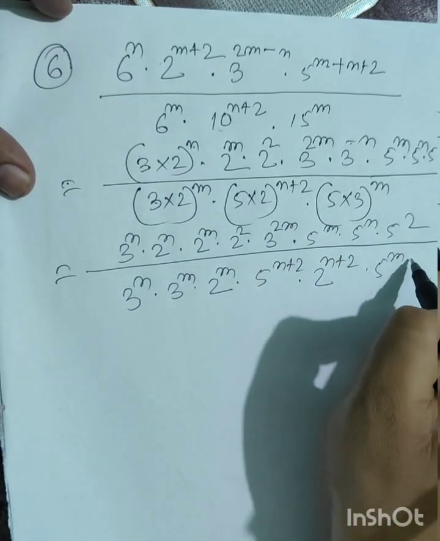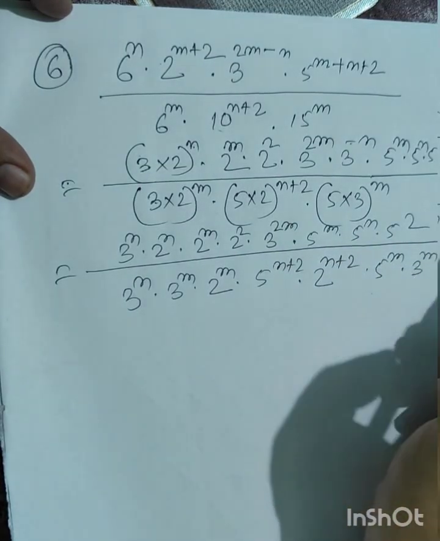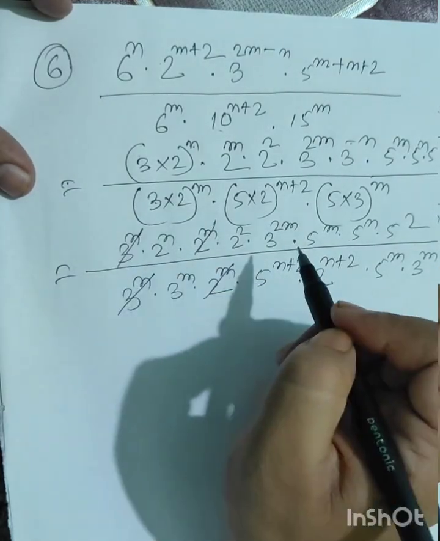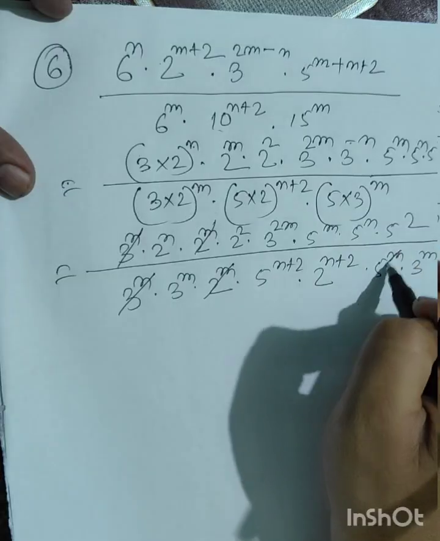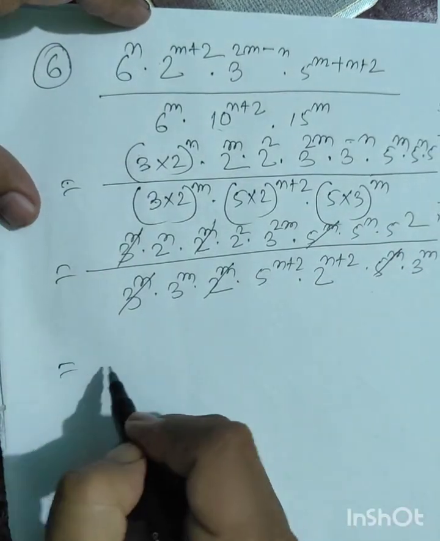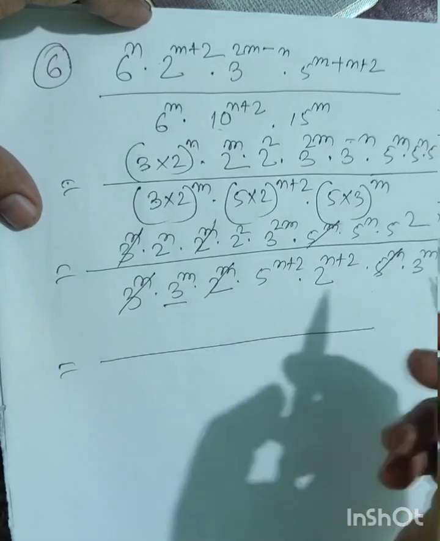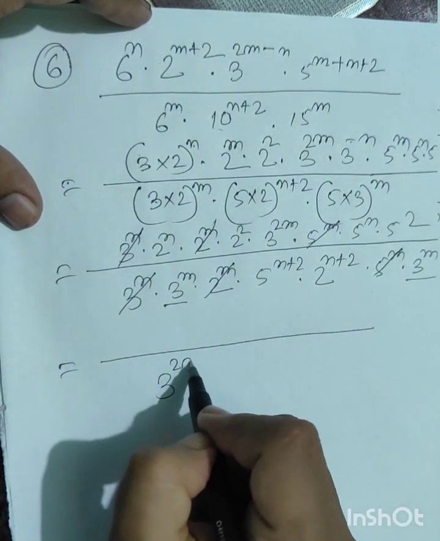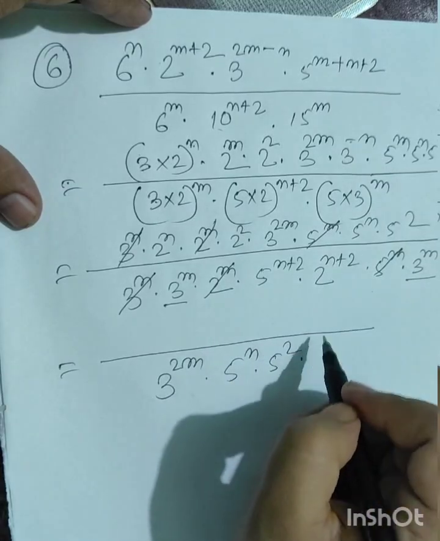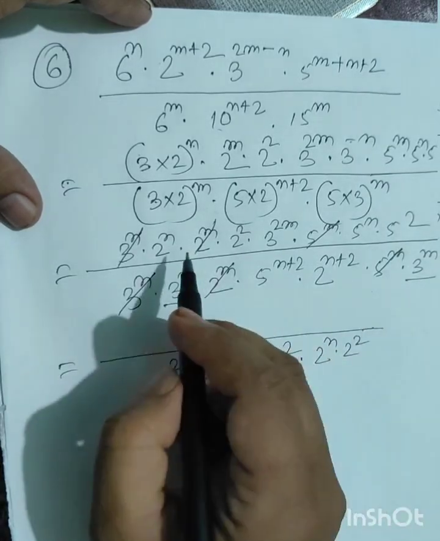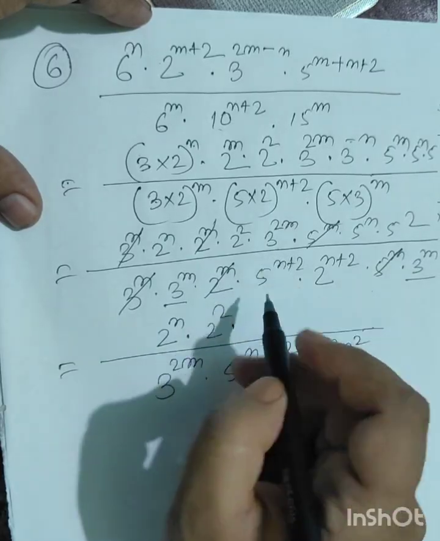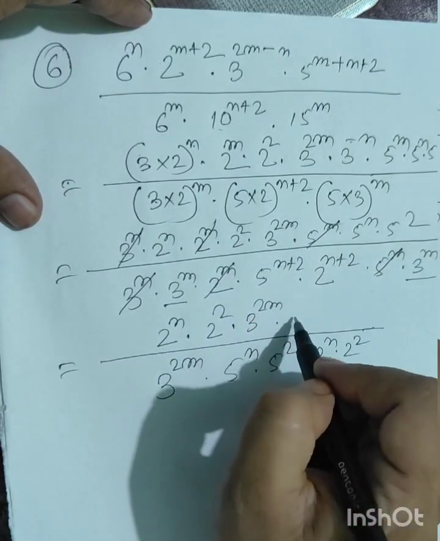লিখিম 5 to the power m into 3 to the power m. এতিয়া cancel যাব 2 to the power m, 2 to the power m, 3 to the power m, 3 to the power m, 5 to the power m, 5 to the power m. তাৰ পিছত 3 to the power m এটা 3 to the power m এটা গতিকে 3 to the power 2m লিখিম. এক ভাঙি দিম 5 to the power n into 5 square, এটুকু ভাঙি দিম 2 to the power n into 2 square. এক লিখিম 2 to the power n, 2 square, 3 to the power 2m, 5 to the power n